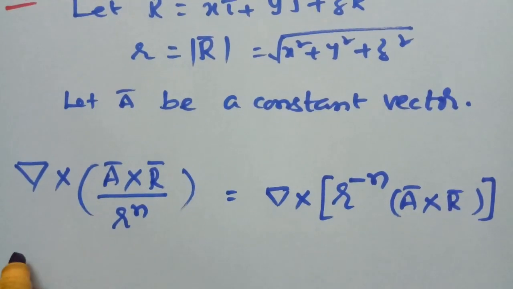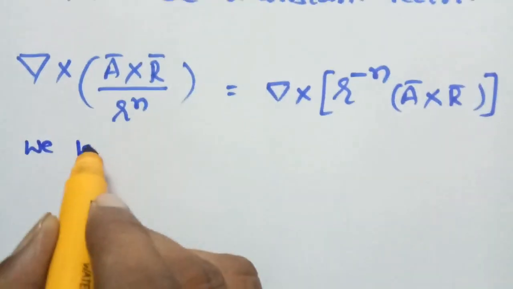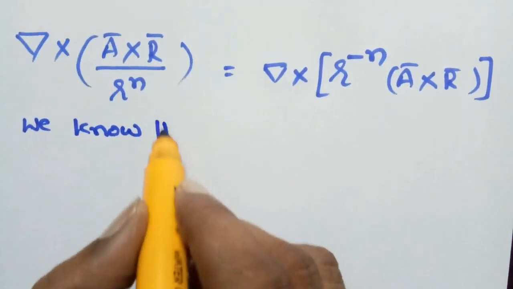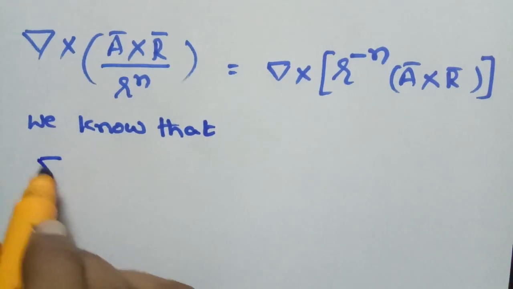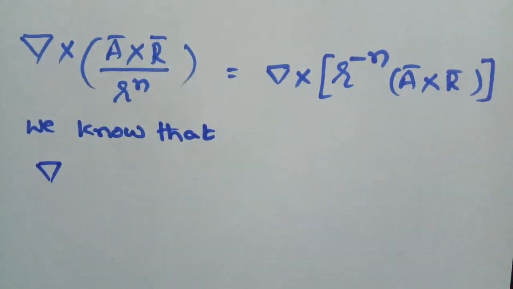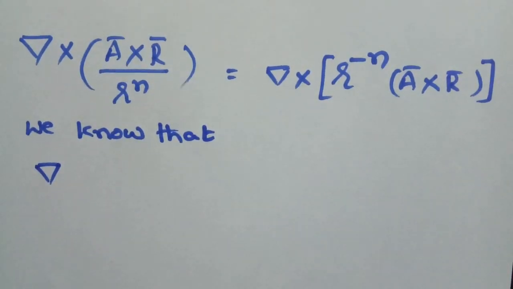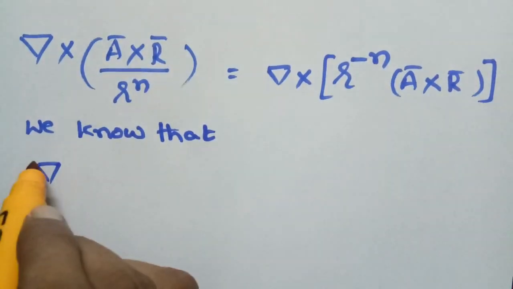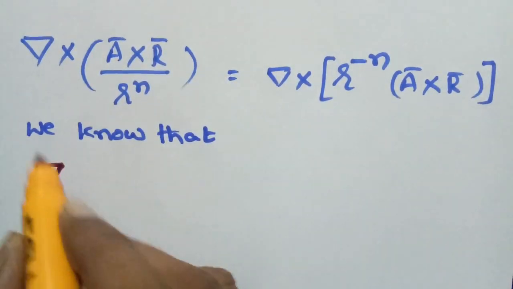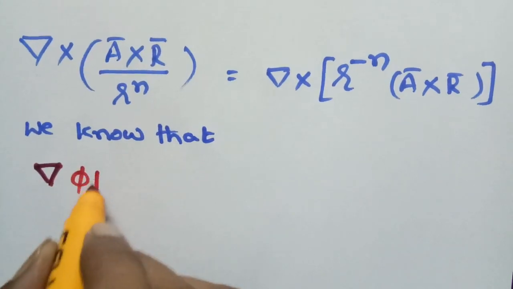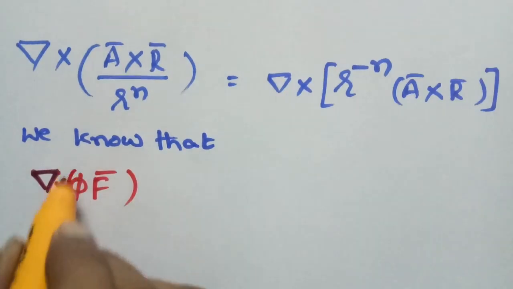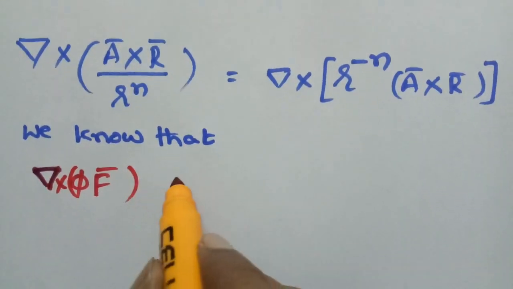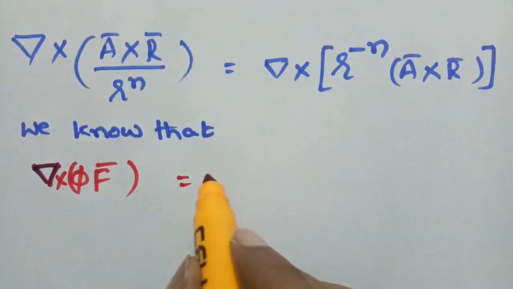Therefore, we know that del cross phi f bar is equal to